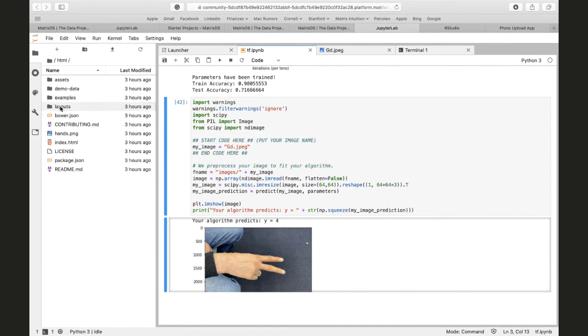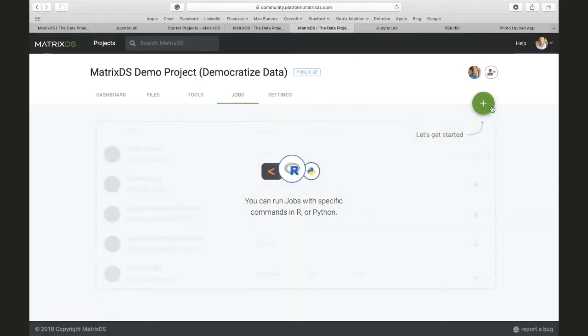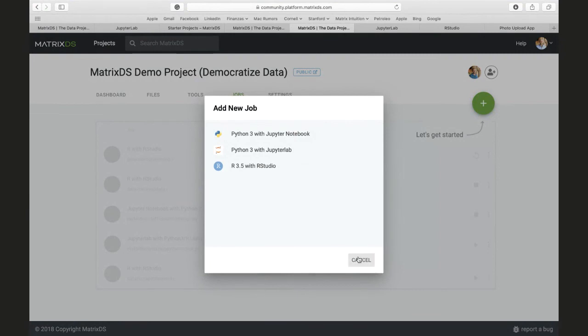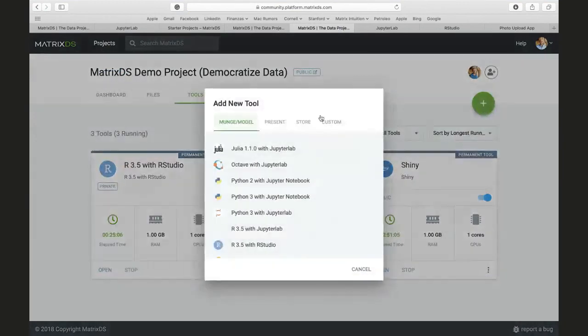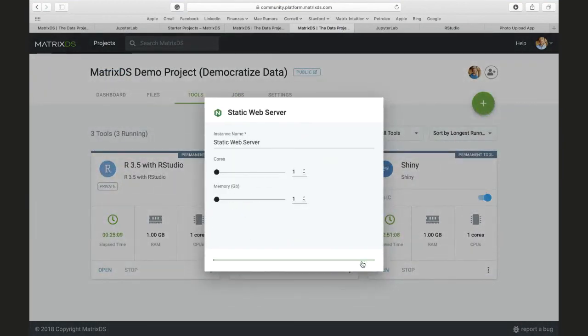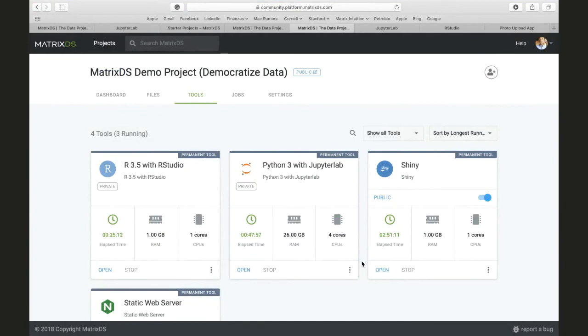What we did with the HTML container here is I literally downloaded a GitHub repo and just threw it in that folder. It's a Keen.io dashboards repo. And so I'm going to go ahead and create, oh, sorry, wrong place. An Nginx container, just a basic one. If you don't have that folder created, MatrixDS will create the HTML folder and serve you our template HTML or our template Shiny or our template API, whatever it is,